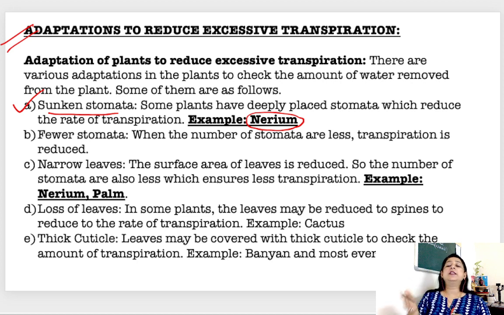So the rate of transpiration is not that fast in these plants. Then fewer stomata: the number of stomata can be reduced. So like desert plants and all, there the number of stomata are less, so that less amount of transpiration takes place. Narrow leaves. Narrow leaves is like, for example, if suppose we have this leaf and if suppose we have